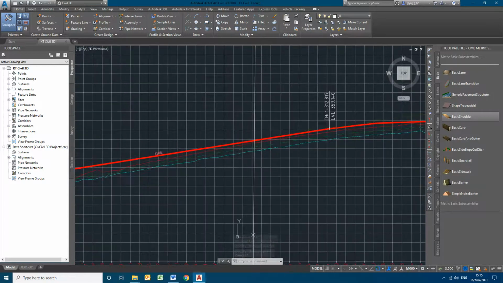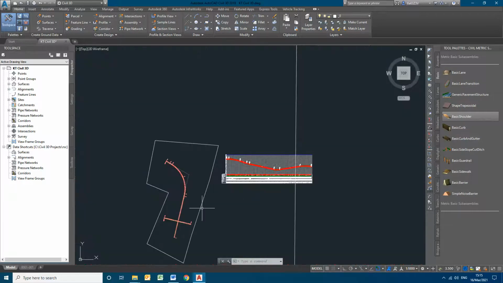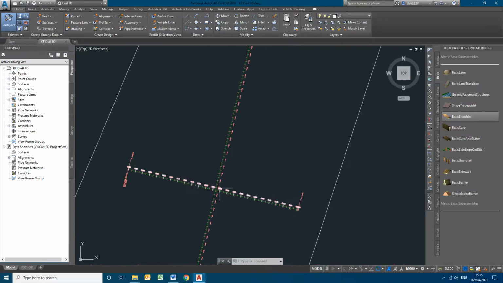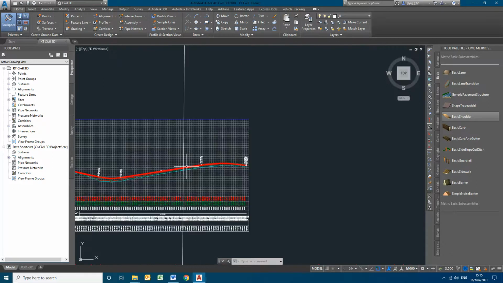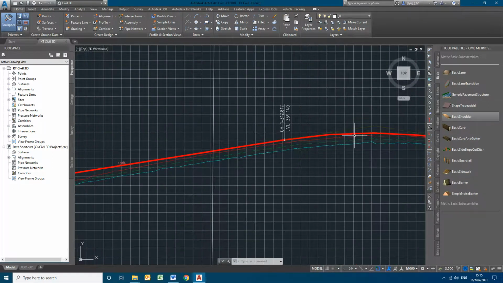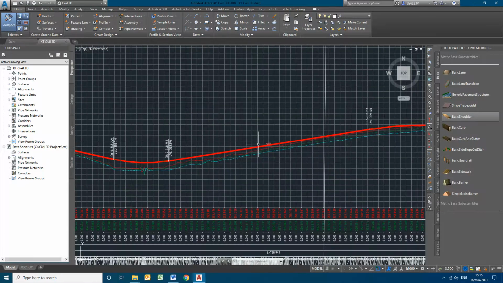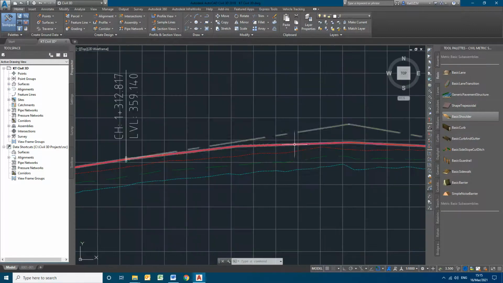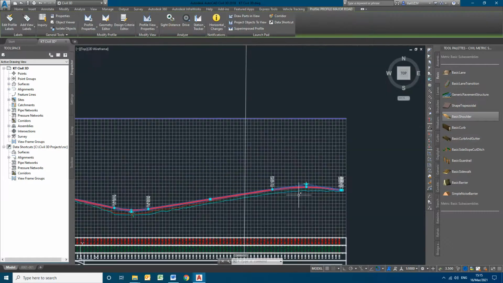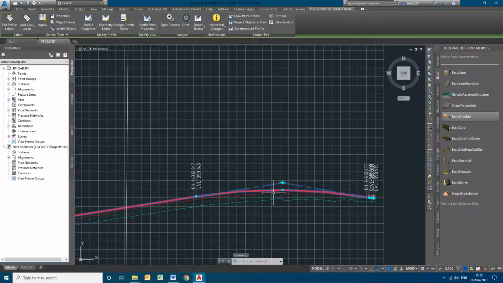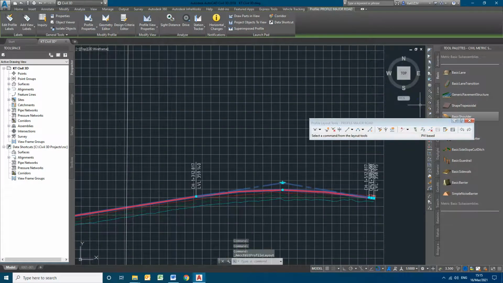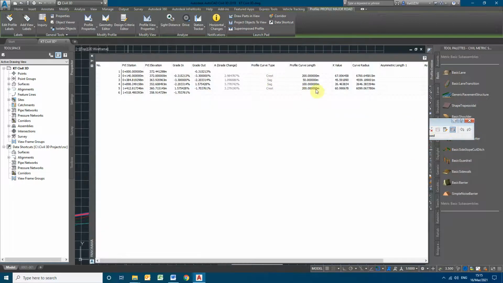There will be slight changes in the gradients of the profile at the junction portion, just to match with the perpendicular road, that is the crossroad. So I will try to avoid much steeper gradients here, and at the same time, I will be decreasing the number of curves here. So when I come to here, my last curve